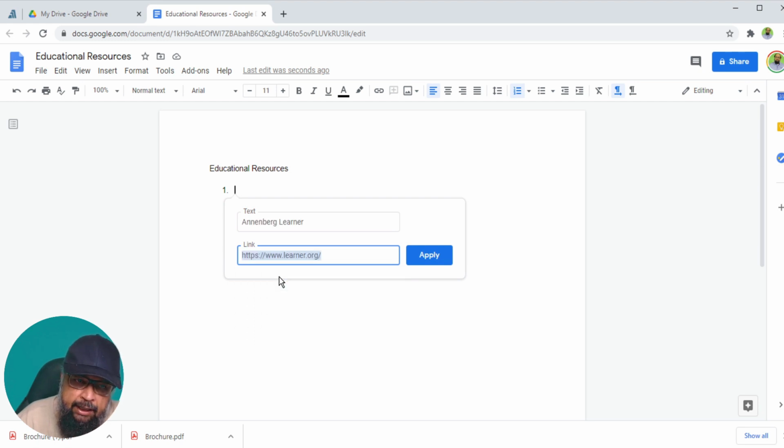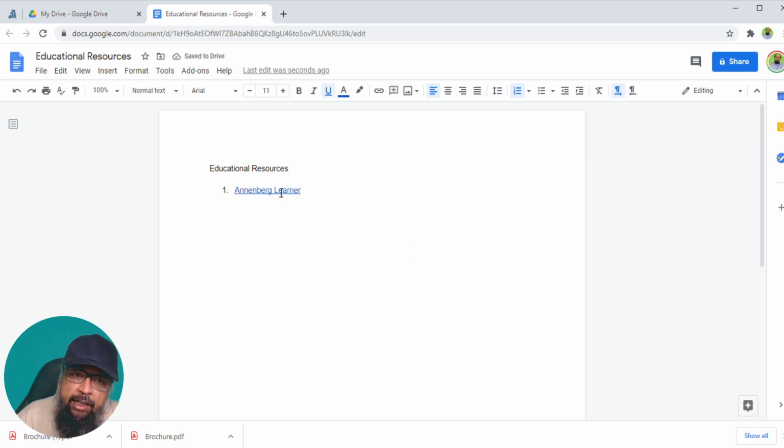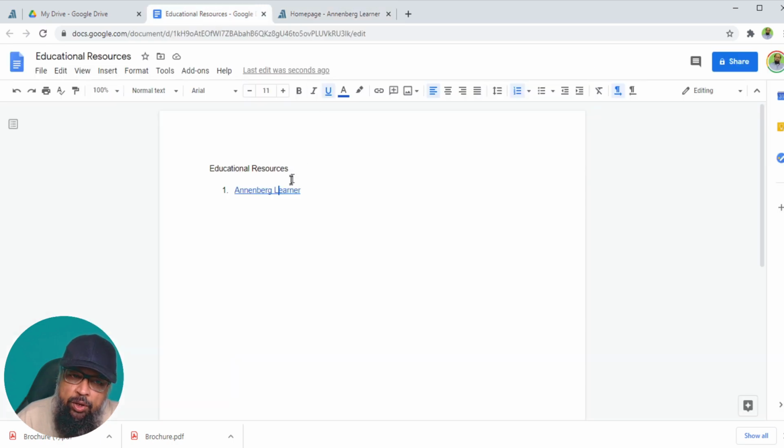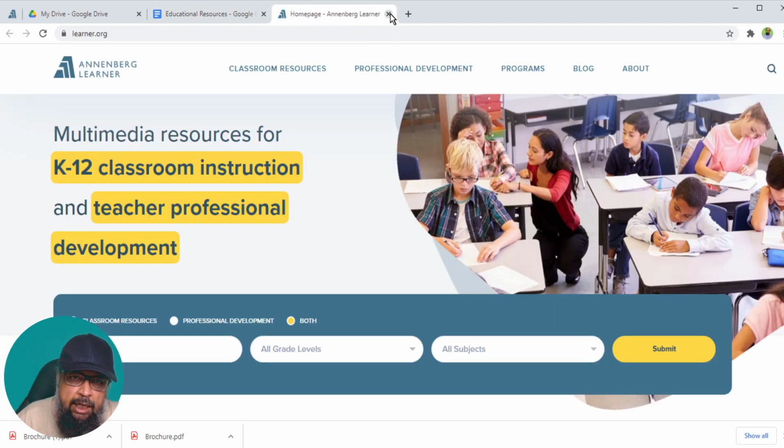So I click on that, and as you will see, it will also apply this text to this link, and it will put the URL of that website as well. And my job is to simply click apply. Now this is an active link. If I put my cursor inside, I can hover over the link, the URL of the link, and I can click on that and the website will open. So in this way, you can directly search and link from within your Google document. Now let me close this tab.